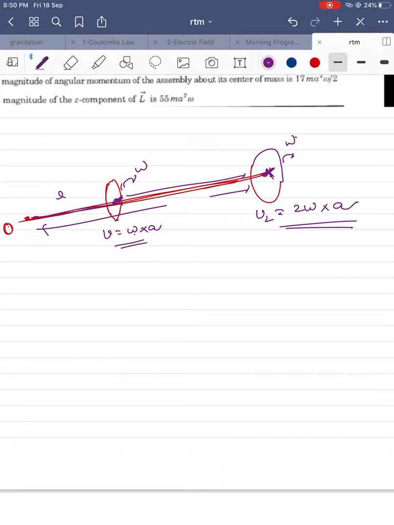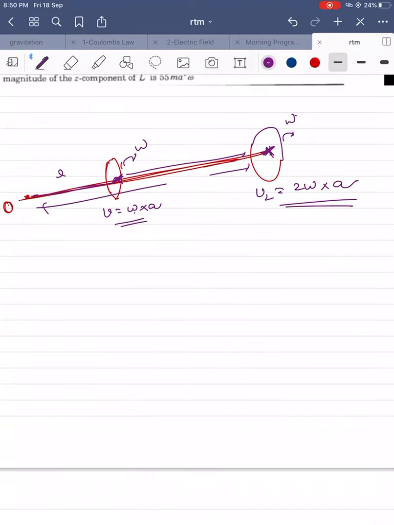And what about the center of mass? For the center of mass location, I consider this point as the origin, zero, and I need to know the velocity over there. Directly we can write m1 x1 plus m2 x2 by the sum of masses. This one has mass 4m and this one has mass m, so the center of mass will be at a distance 4L by 5 from the m. Okay, what will be the velocity over there?